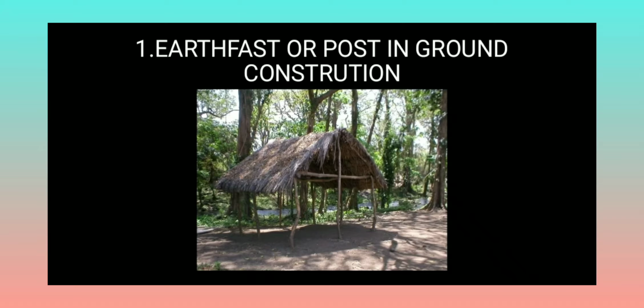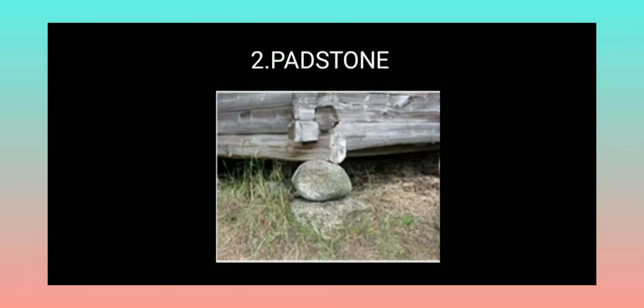Generally, timber piling was used on soft or wet ground, even below stone or masonry walls. In marine construction, a crisscross of timbers or steel beams in concrete is used. This is also called grillage. Pad stone is the simplest foundation. It is a single stone which both spreads the weight on the ground and raises the timber off the ground. Straddle stone is mostly used for pad stone construction.